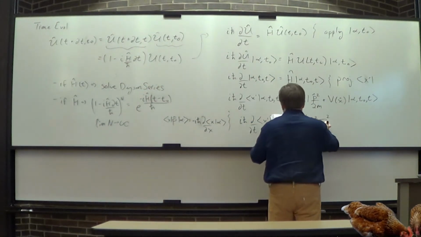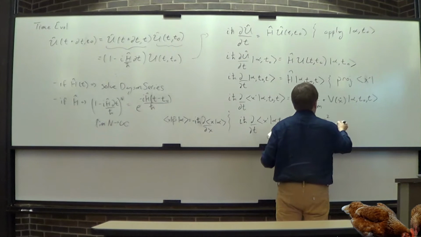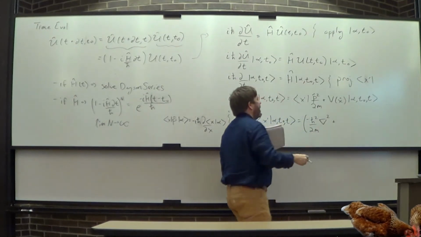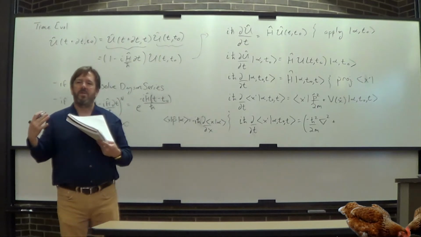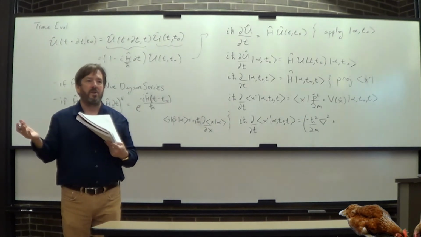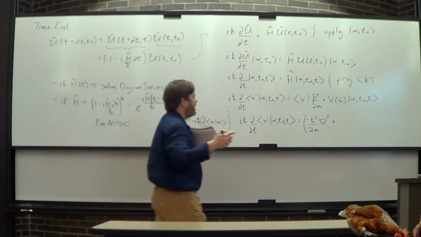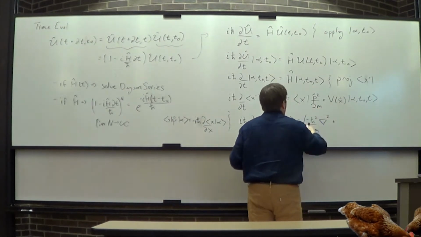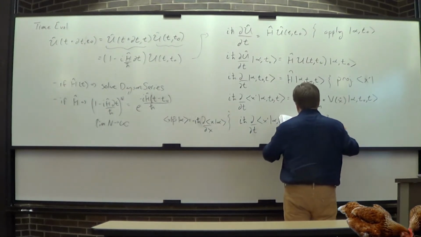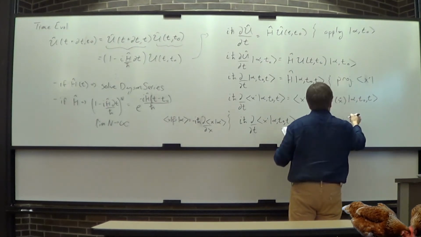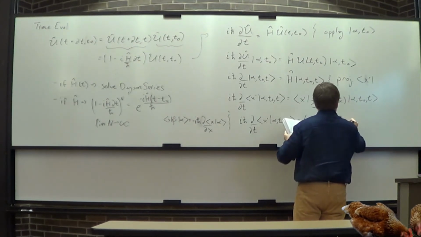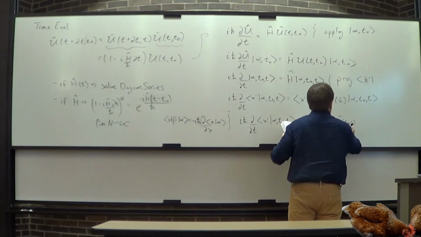So that's a double derivative with respect to x. Okay, now, if the potential energy is a function of x, and x is Hermitian, then I can just operate on the left side and then just say that this is then just a function,